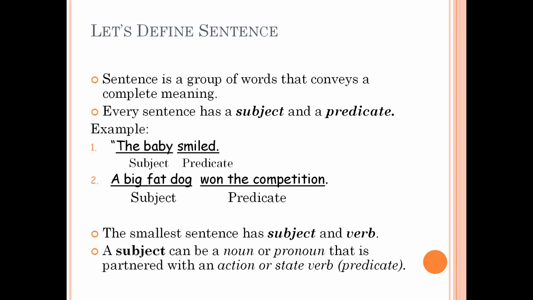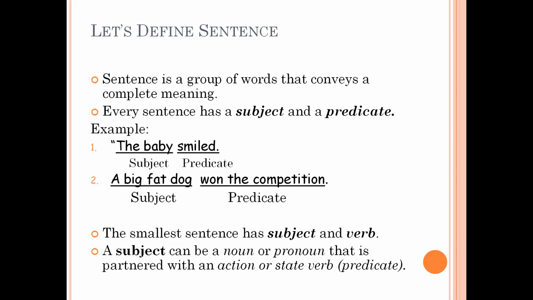A sentence is grammatically a complete idea, or the simplest and shortest definition of a sentence could be: a sentence is a group of words that conveys a complete meaning, and it consists of a subject and a predicate. Now, what's the subject? All sentences have a noun or pronoun component that is the doer of the action, that is called the subject. And the rest part of the sentence is called the predicate.